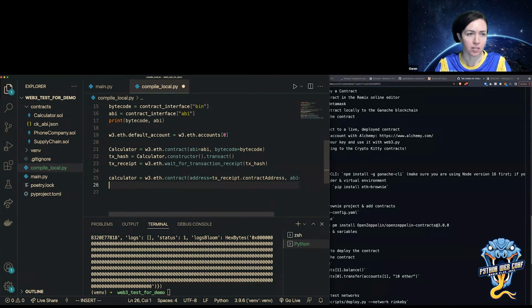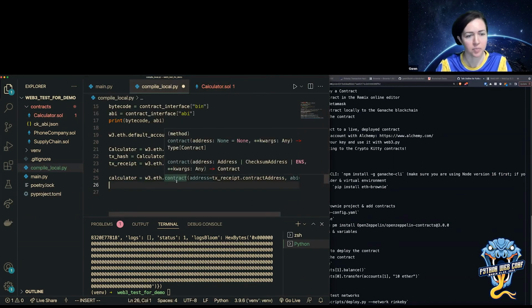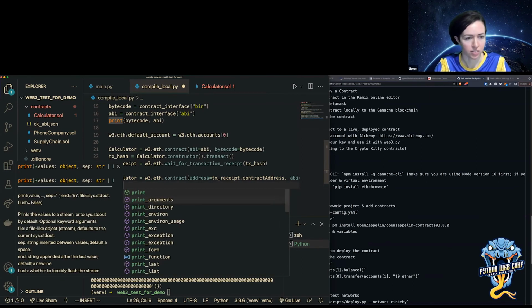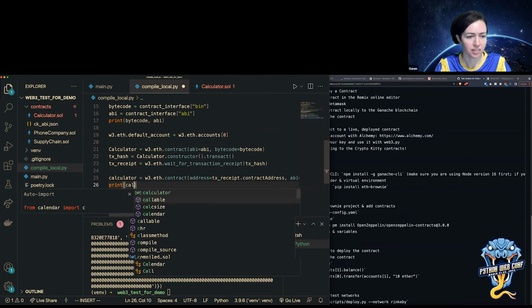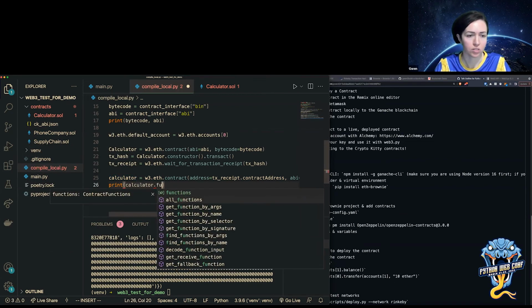So now I can call functions on the contract. If I look at functions, I can call, let's say, the getNum function. I can say print calculator. So I have a reference to the contract.